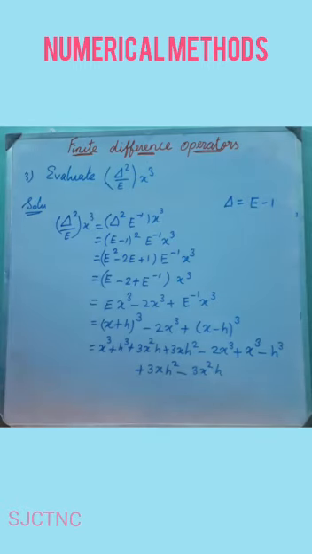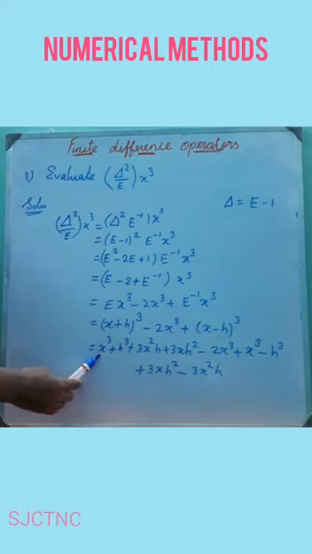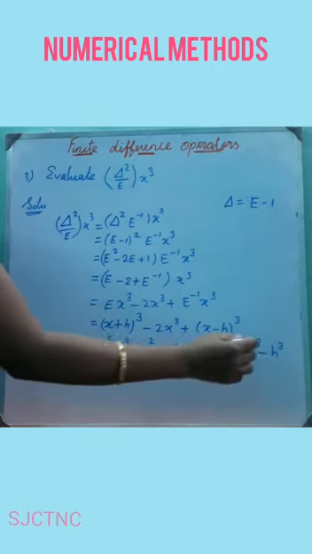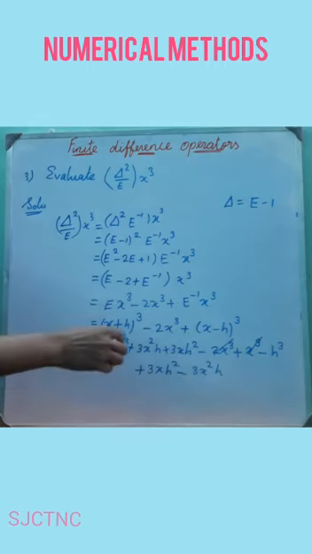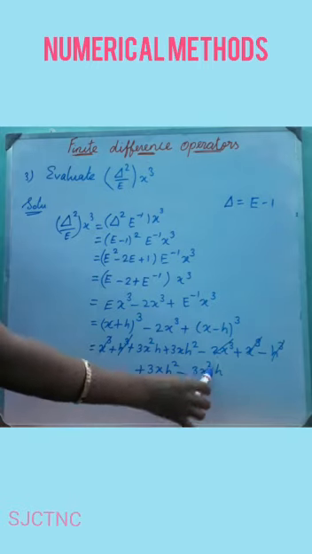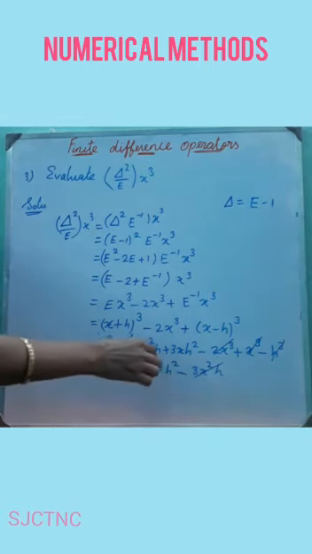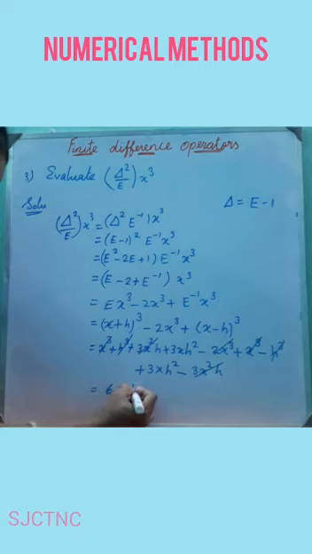And now see the coefficients and the common functions. Common functions are x power 3 plus x power 3, which is 2x power 3, and there is minus 2x power 3, so positive and negative will cancel. Another one is h power 3: positive and negative, we can omit that value. And minus 3x squared h and also plus 3x squared h cancel. The remaining things are 3x h squared plus 3x h squared. Adding the coefficients, we have 6x h squared.